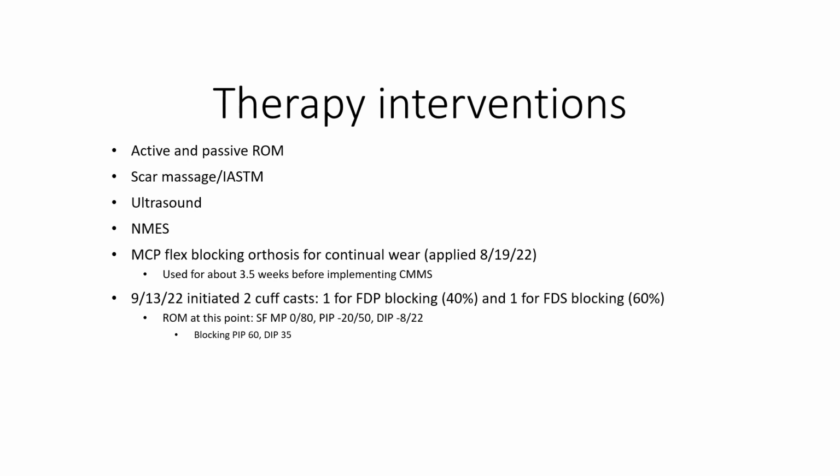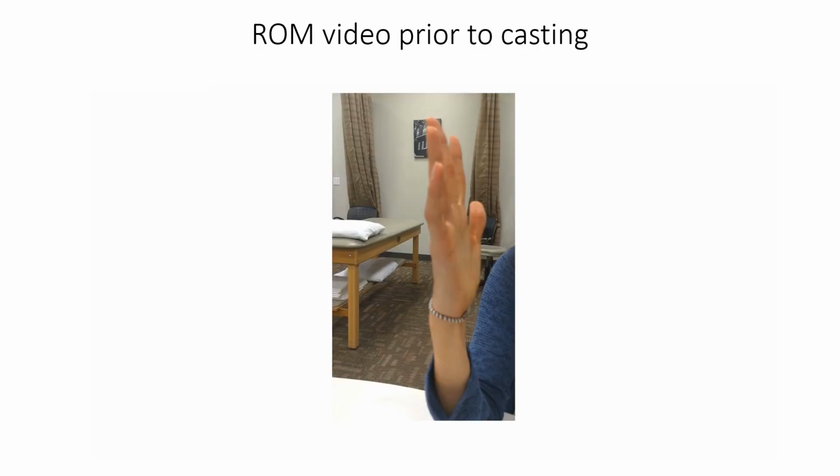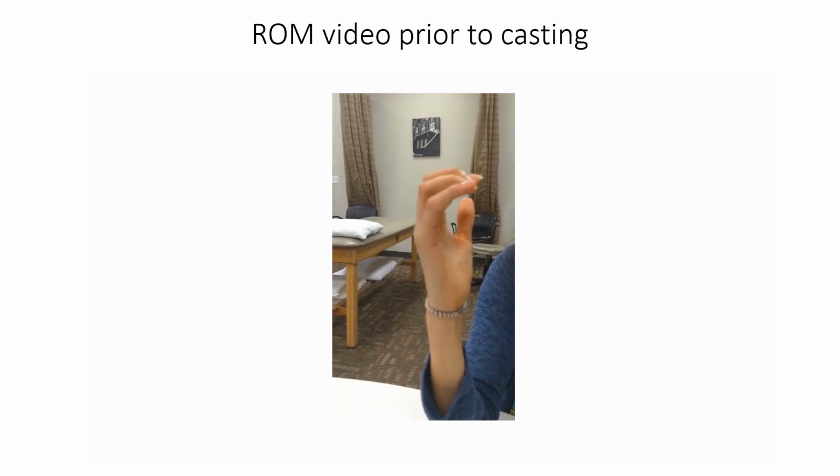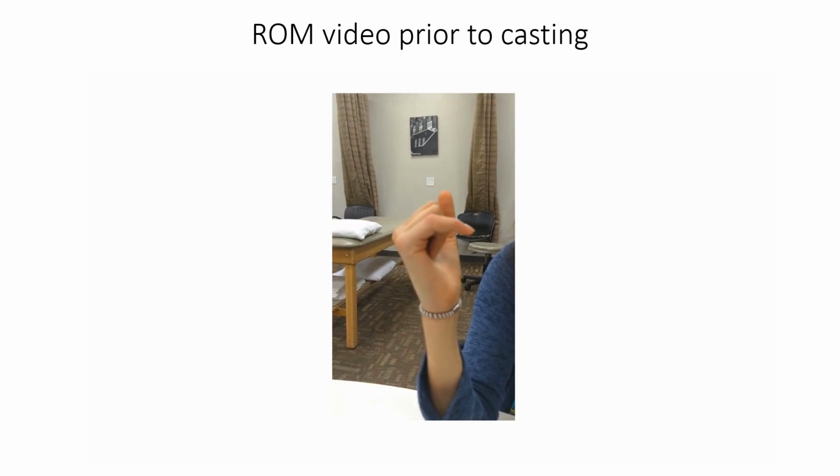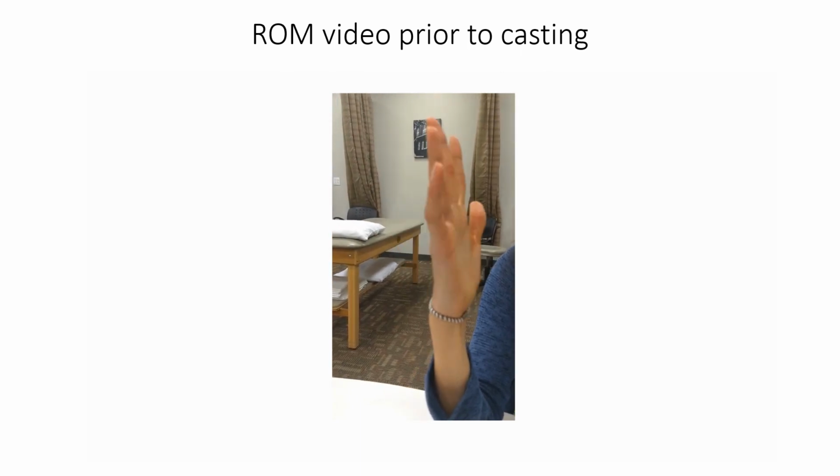The following video will show you just what her range of motion looked like prior to us casting her. As you can see in this video, she does the hook fist and also the composite fist. She's doing an intrinsic plus kind of movement pattern, especially with that little finger. She also has a hard time just having a fluid motion. As you can see,